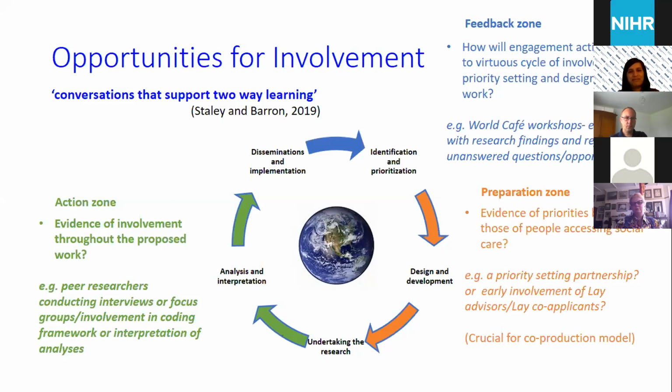In grant proposals, looking out for the scope and opportunities for these conversations to happen is going to be key. So there may be advisory groups that people can join, but what other opportunities are there for richer interactions that can be created to establish this process of two-way learning? We suggest that these can be cultivated at a number of stages of the research cycle, all of which I'm sure you are most familiar with. I just wanted to highlight a couple of examples from research in PSSRU at these different stages of the research cycle to give you a little flavour.